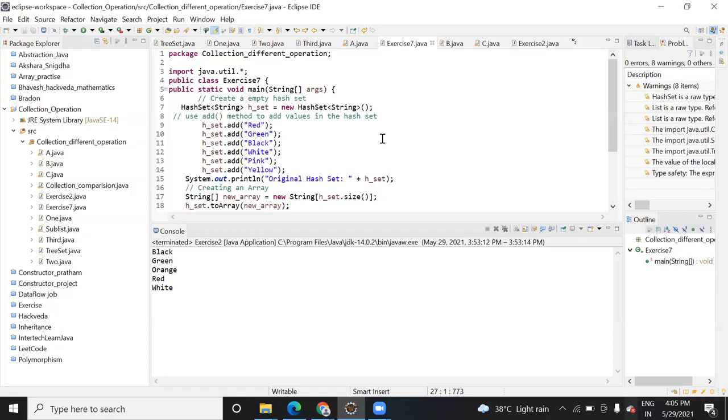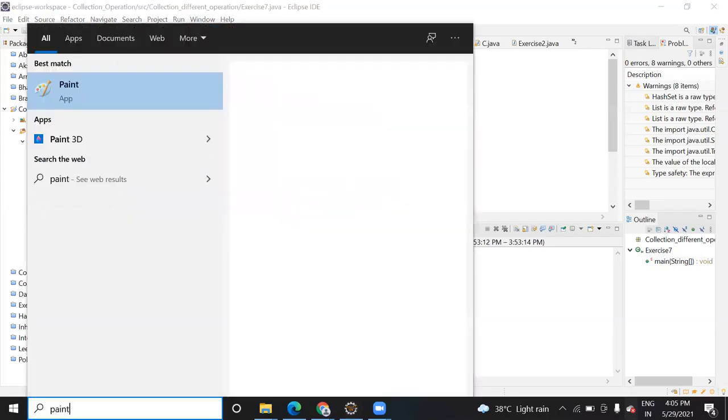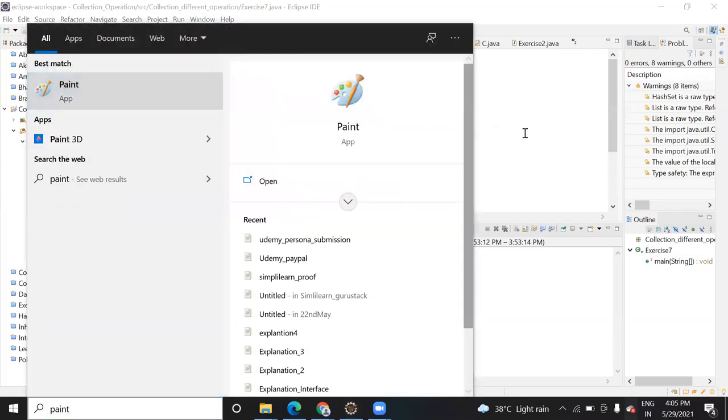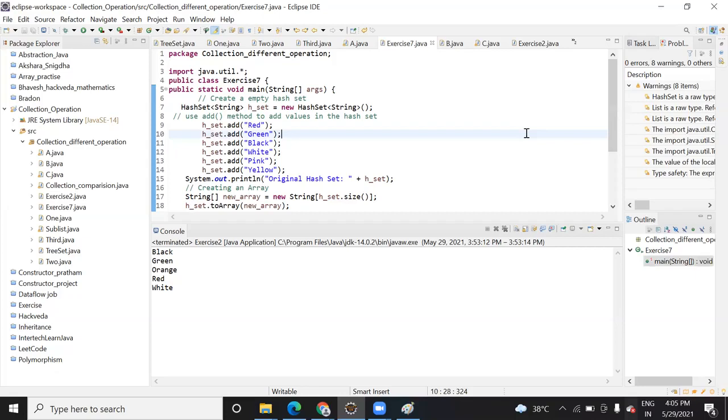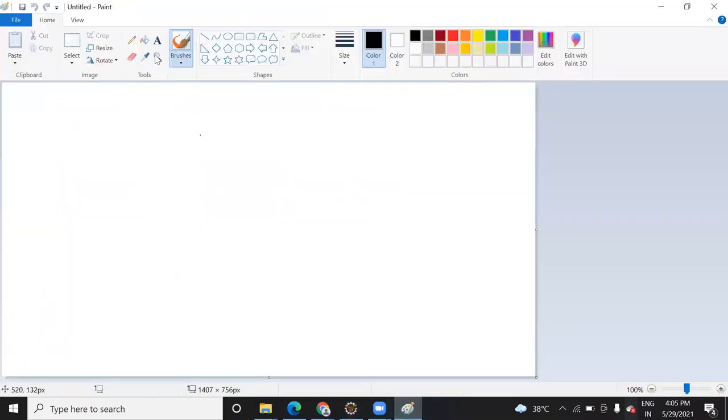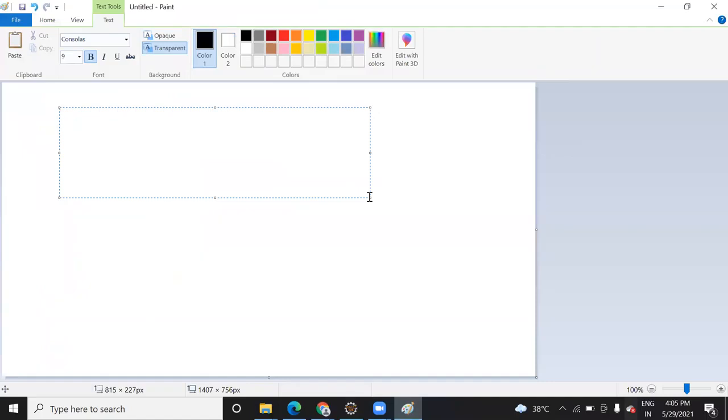Just like in an array, let me explain. In an array we used to create another array and store the elements in reverse. Yes, that also works.